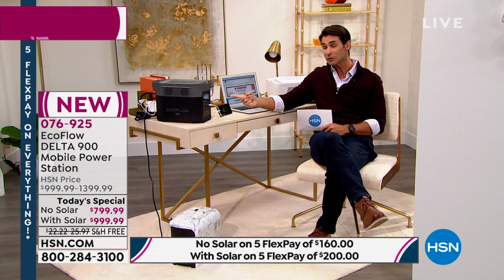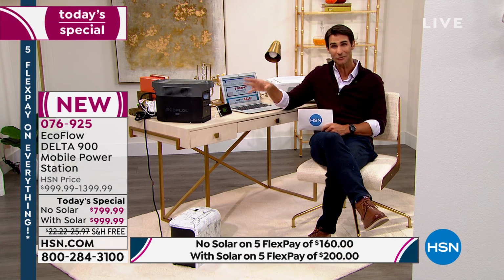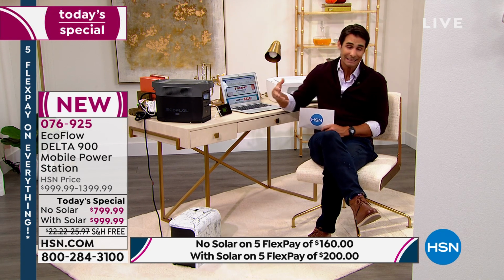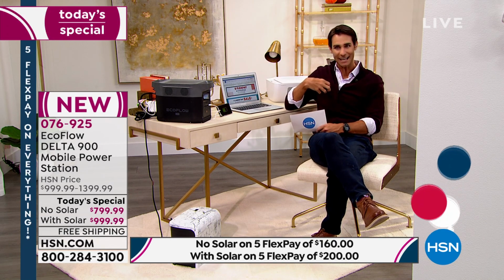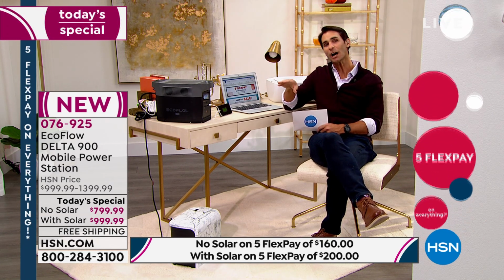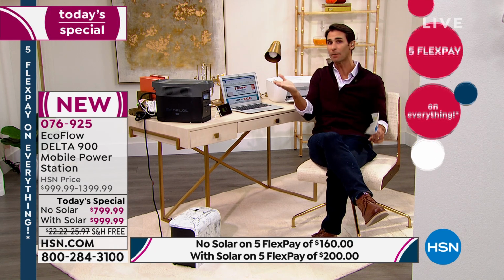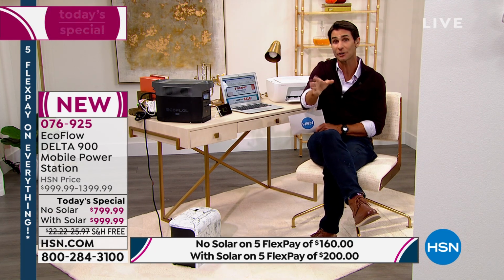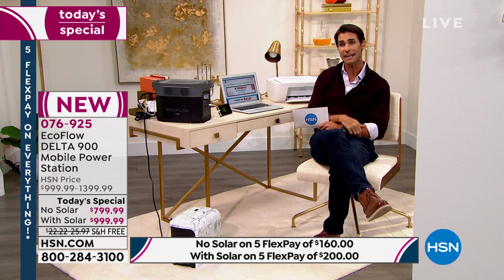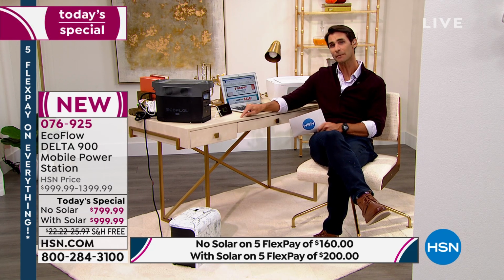Speaking of shipping, it's 24 pounds, which is about 10 pounds lighter than the old EcoFlow DELTA, which is nice and light, small, compact. Still, you don't want to pay for shipping for something that's 24 pounds. We're going to cover the shipping today. You're getting $200 right off the top of both bundles. So I think you're getting $200 off the top of the regular bundle. You're getting $400 off. If you can take a look at your screen there, HSN price, $400 off the bundle